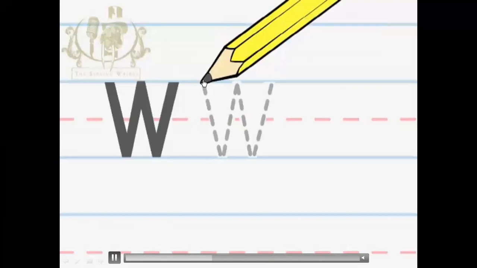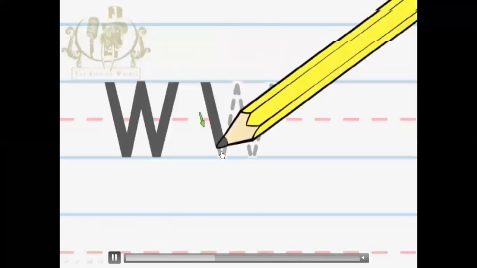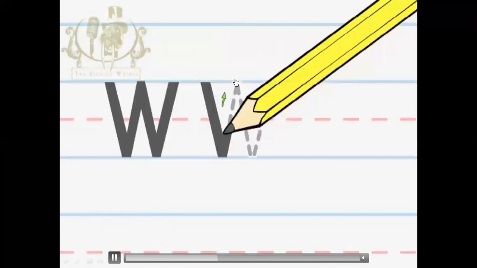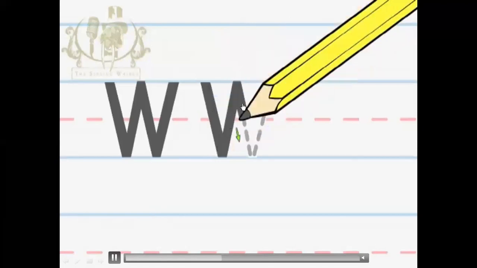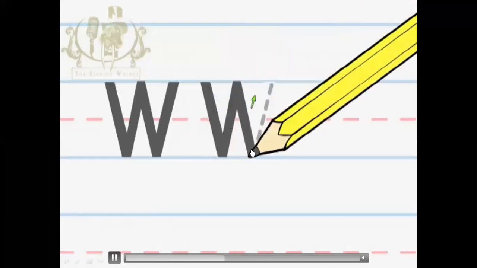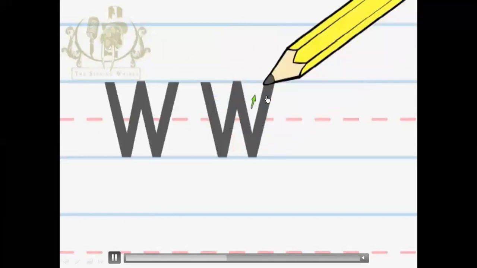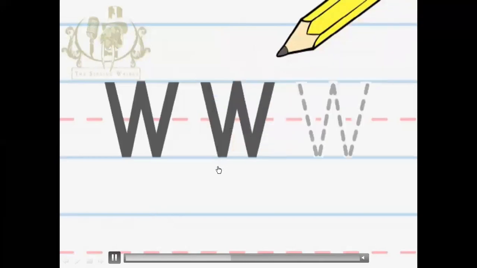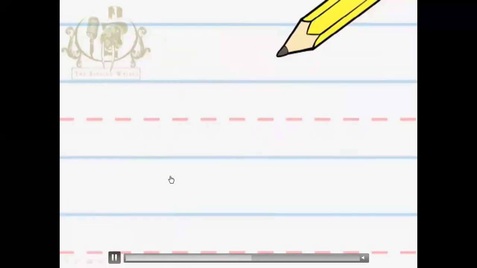Start from the top and then come to the bottom, make a slanting line, then from the bottom to the top make another slanting line, and then from the top to the bottom make another slanting line, and the last again from the bottom to the top. Well done, very good. And this is called capital letter, uppercase W. Now it's your turn. Okay, how will you write this letter? Start from the top and then go to the bottom and then again. Well done, very good.